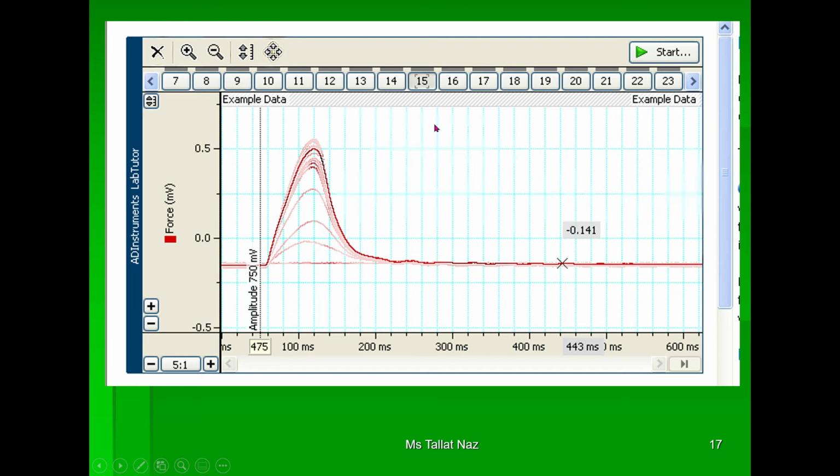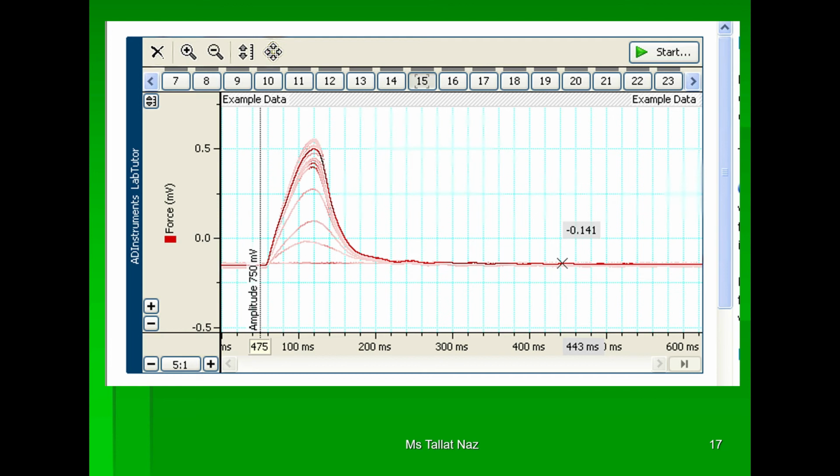And in the next page, this is the pages, and this is the time, for example 15, 16, 17. You can see this is the first recording when there is no record appearing when you stimulate for the first time. Then you increase the strength of the current, the force will be produced, and then increase. So here, see, when we increase the stimulation voltage, the force will increase. In this way we will have the recording, and on the second page we can make a graph of the relationship between force and the stimulation.